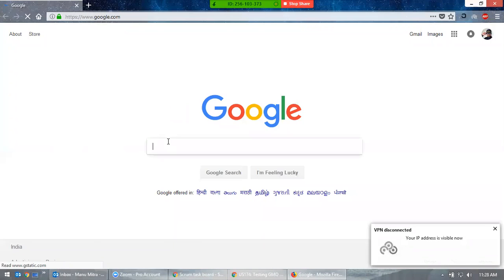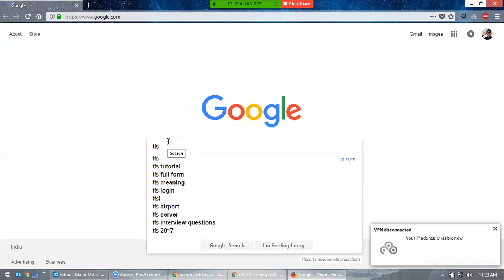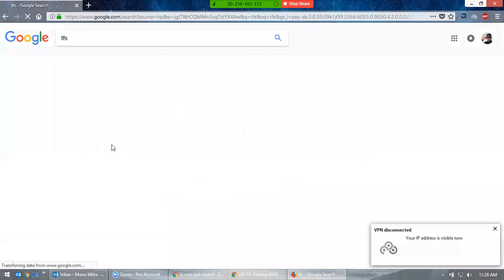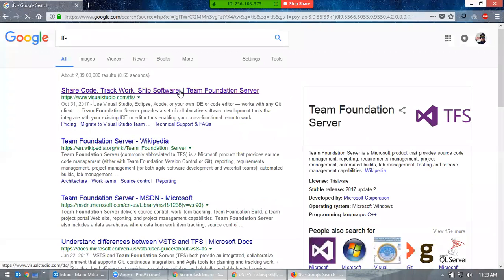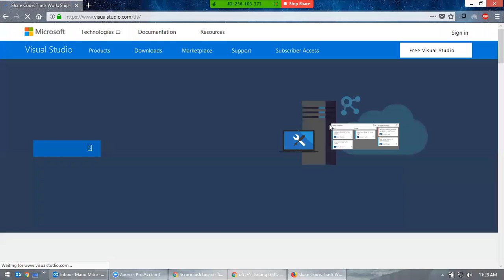For example, TFS. TFS is Team Foundation Server, it's from Microsoft, and it is also a test management tool. It's actually for the complete team.